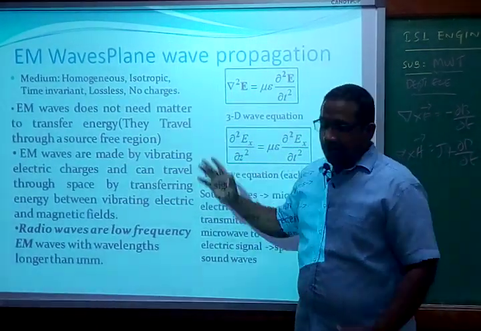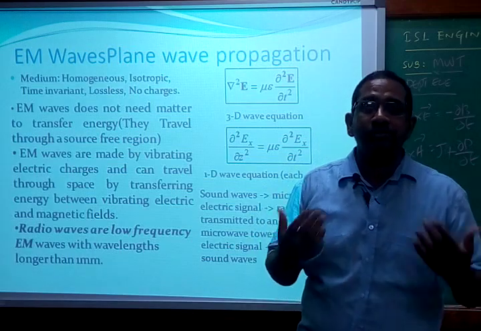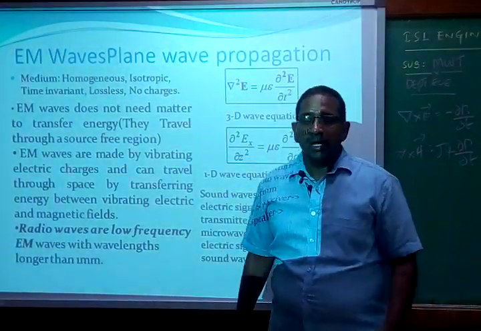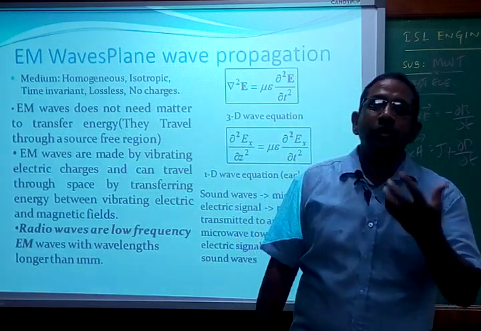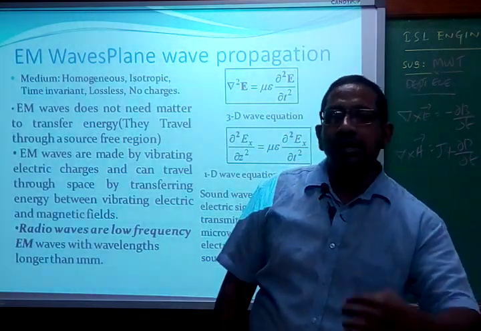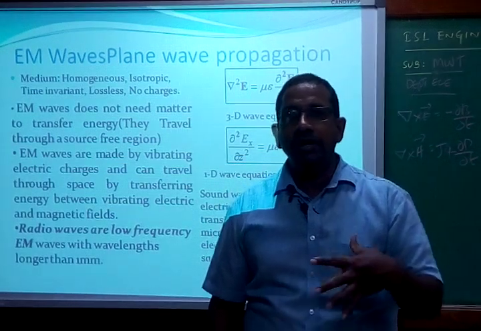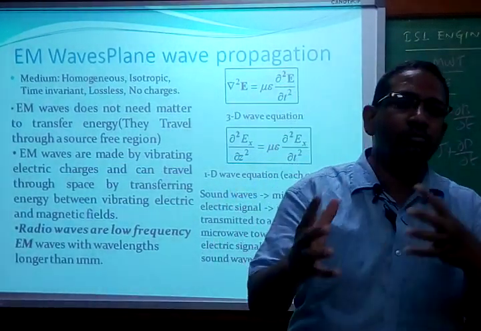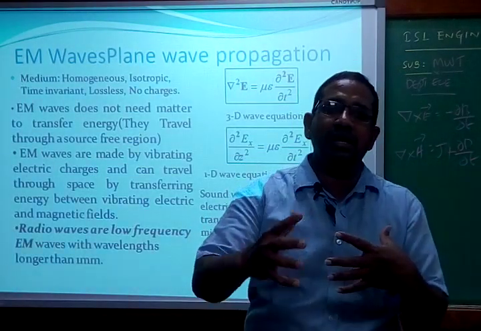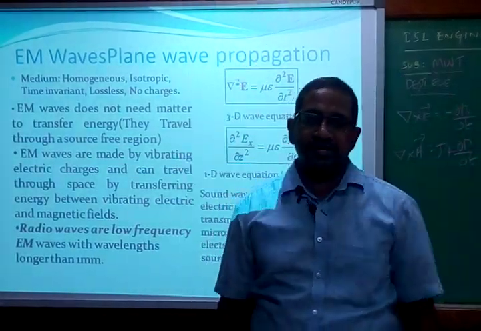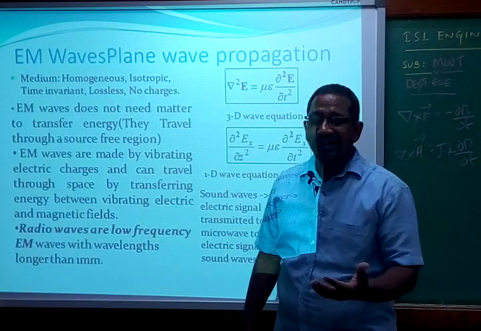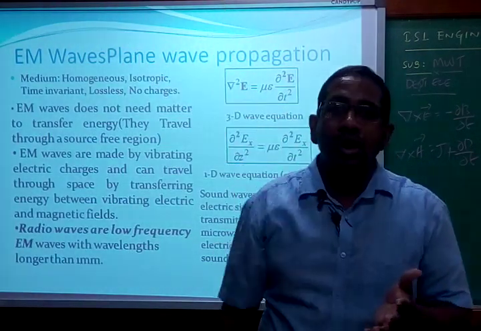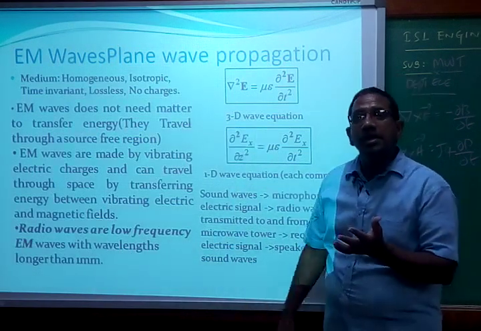Therefore, the EM wave travels on its own in the atmosphere. How does it travel on its own? The electric field induces a magnetic field. The magnetic field in turn induces an electric field, and mutually the energy is transferred from electric to magnetic, magnetic to electric continuously in free space. So as the frequency increases to the gigahertz range, this signal can travel to longer distances. That is the beauty of EM waves.